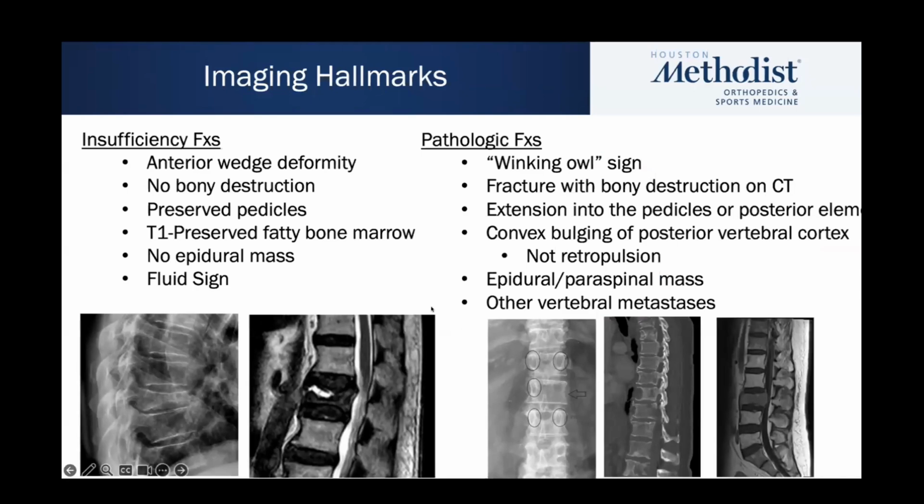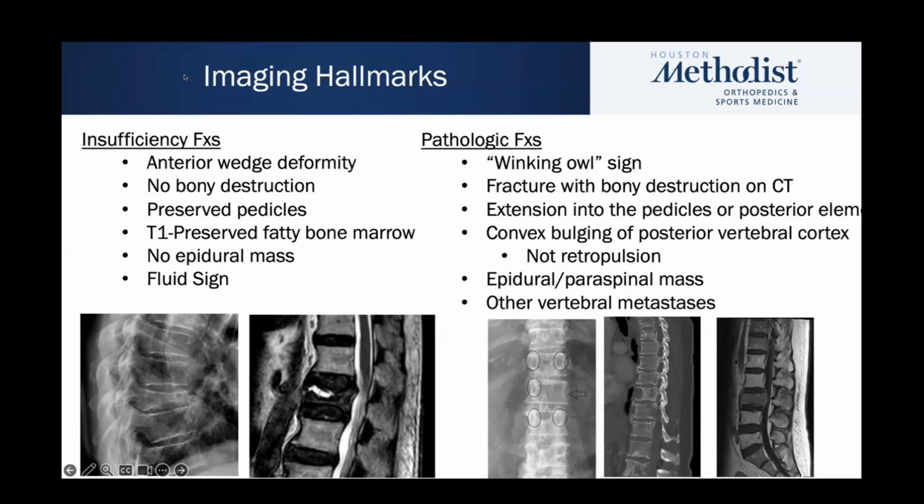In terms of imaging hallmarks, there's a lot that could be said about this, but these are just the basics here. Obviously, in compression fractures and insufficiency fractures, we'll have anterior wedging, no bony destruction. The pedicles are preserved. The T1 sequence will have preserved fatty bone marrow. And obviously, we won't see any epidural mass. One thing we will often see is this fluid sign, which is represented in the image on the MRI where my cursor is. You can see this fluid, and that is typical of a compression fracture